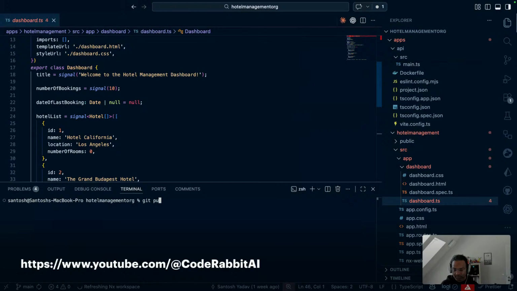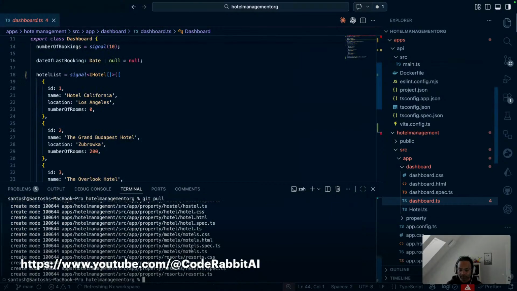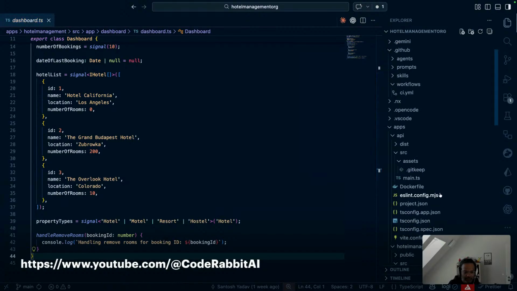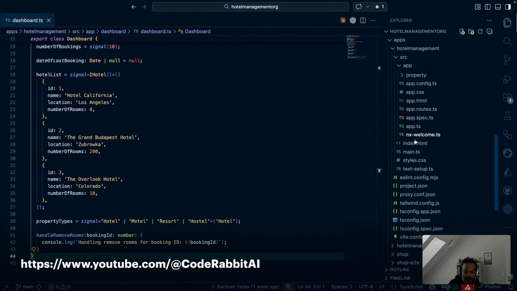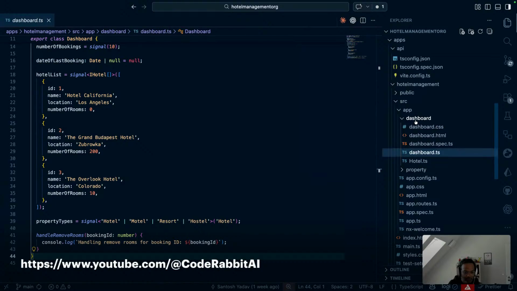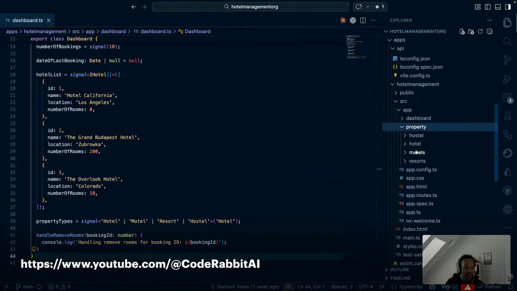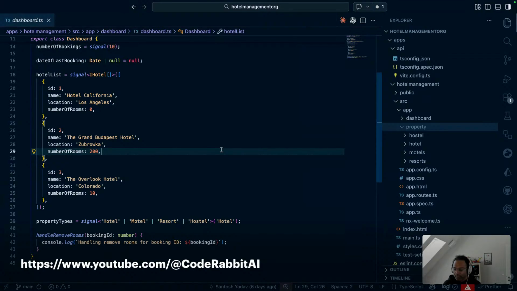And let's just do git pull. So we have all the files which we created previously in our main branch, and we also have this available locally now. If I go to property, all these different types of properties, which are components we created, are there. So let's see what we can do. When you work on an enterprise app,